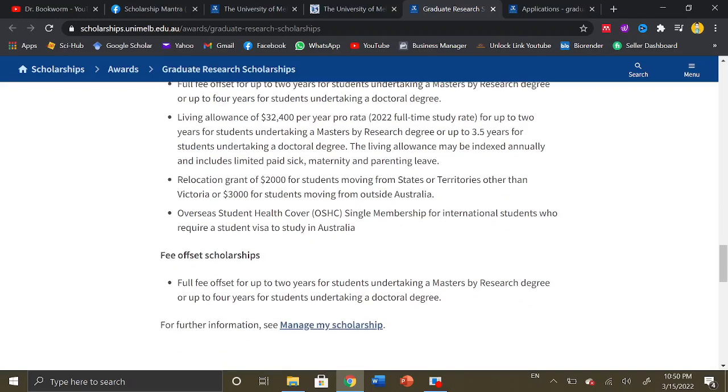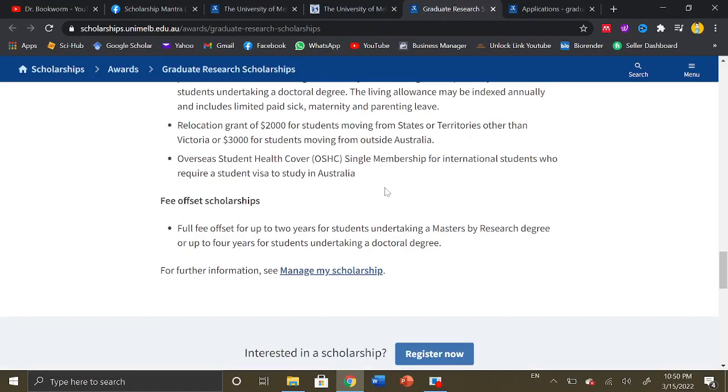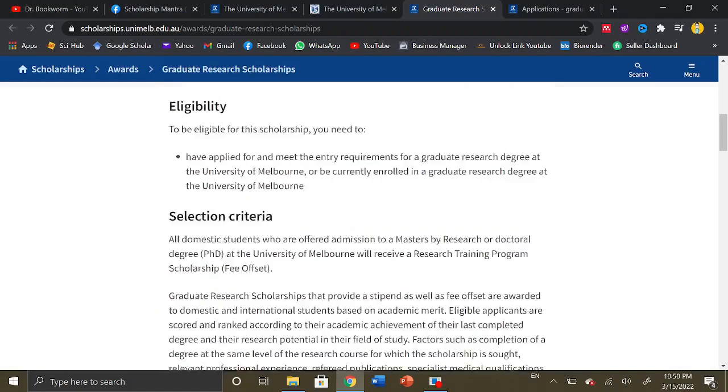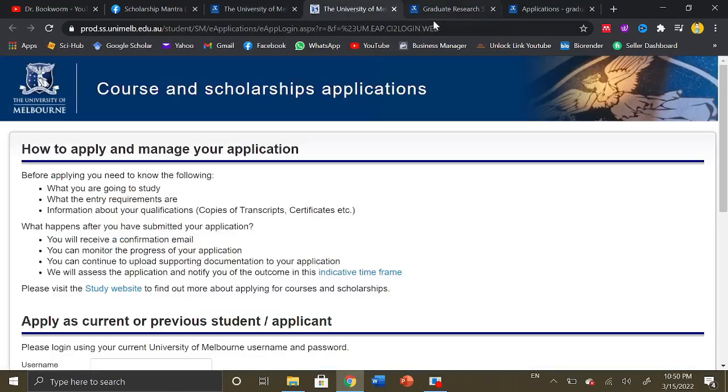It also includes a relocation grant as well. For students moving from Australia, $3,000 will be awarded. Overseas students will also be provided with health insurance. So it is a fully funded scholarship that covers all your financial needs during the program of your study. So moving further,